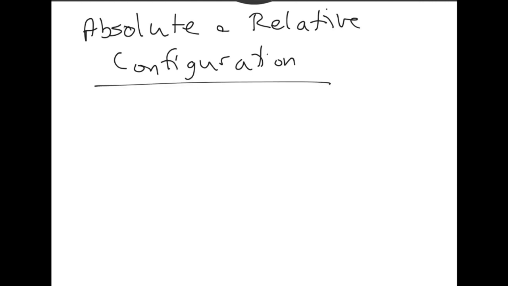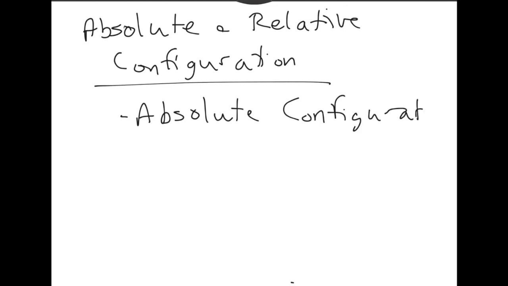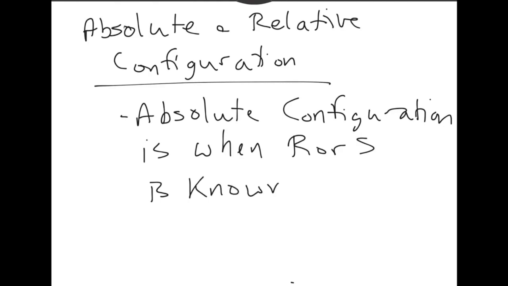Absolute configuration comes up a lot more in the lab, when you're thinking about a molecule that you've made, than it does in class, right? On paper, we can know the absolute configuration. So absolute configuration is when R or S is known